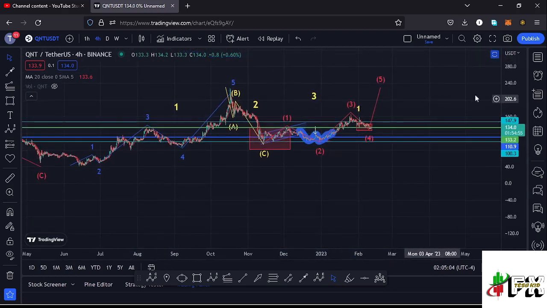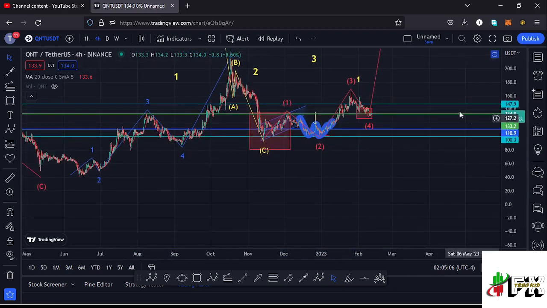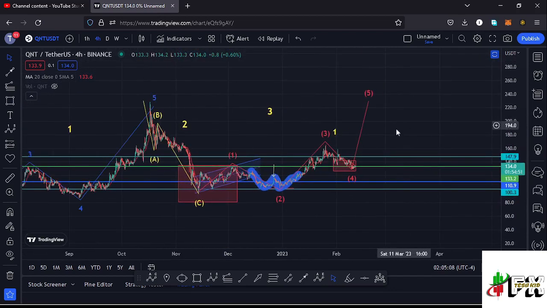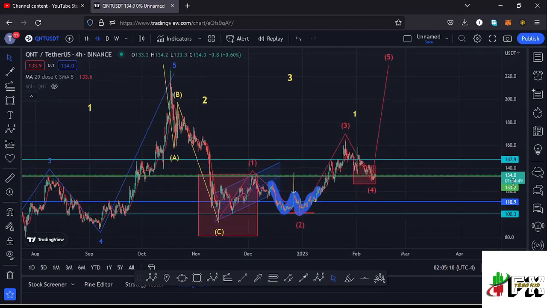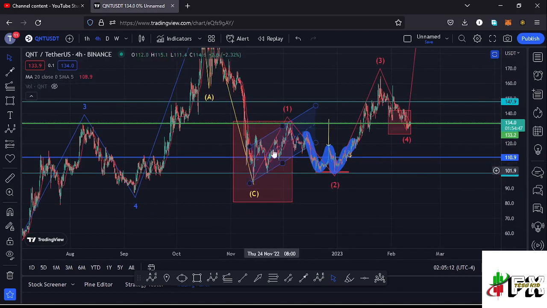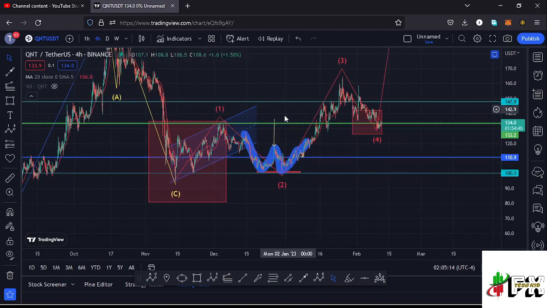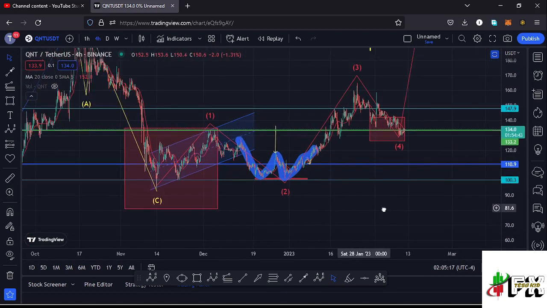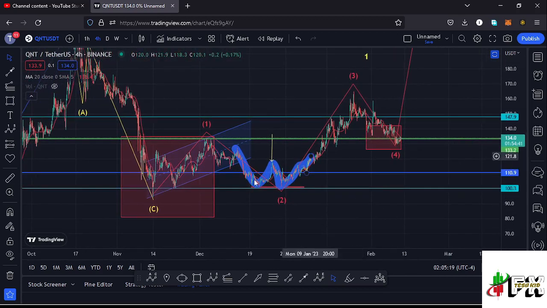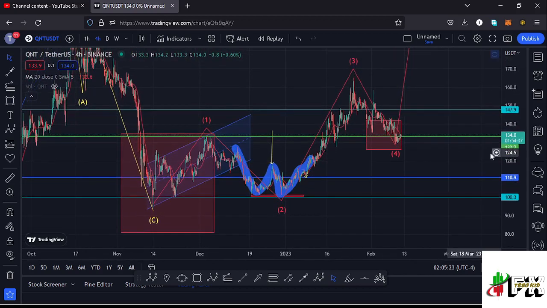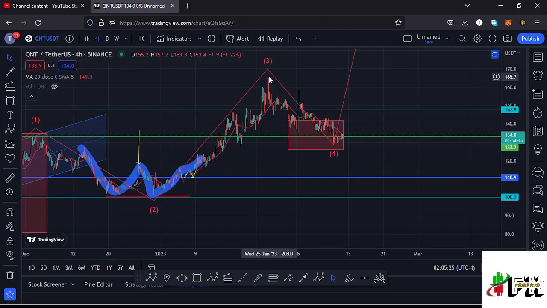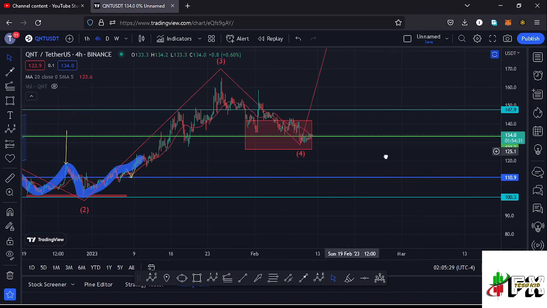And in the formation of that wave 3, which is an impulsive wave, I'm also expecting to see a 5-wave structure in formation, and I believe we are seeing such a move right here, having that as the first wave. Then we have seen a corrective structure in the formation of that wave 2, then started another bounce to the upside in the formation of this wave 3, which has fully maximized our target areas and also given us a peak at around the $165.5 mark, before we started a corrective structure in the formation of this wave 4,